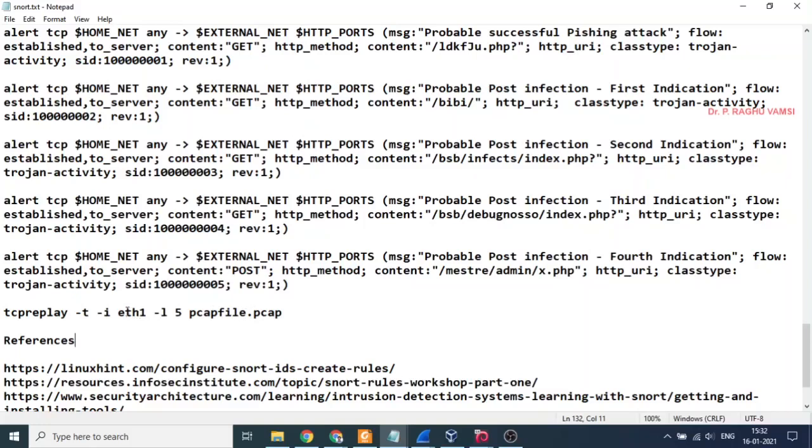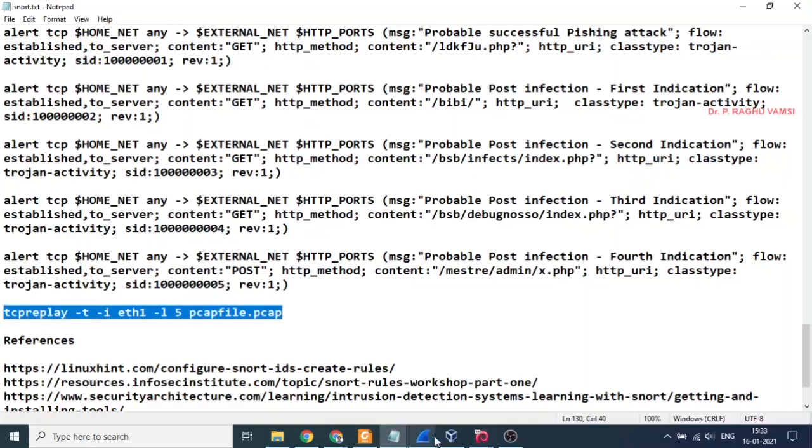Even though Ethernet 1 is on the 192 series, the PCAP file that we are going to use is with the 172 series. So Ethernet 1 will be assumed as 172, and this PCAP file will run. -L 5 means how many times you want to run this particular PCAP file. I want to run this PCAP file traffic on the Ethernet 5 times. This is the way we are supposed to use this.